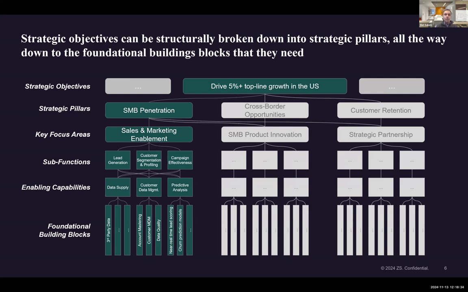And these building blocks could be around third-party data. These building blocks could be around customer MDM. These building blocks could be around data quality frameworks, governance, right? So there could be a lot of these different building blocks that enable us to make this actionable. And there are some levers here that we are not showing, or layers beneath this which we are not showing, right? This foundational building block could further be decomposed into several work streams or initiatives, which then become those practical